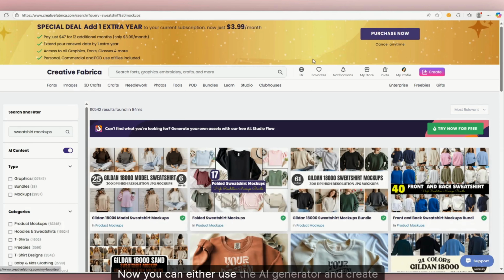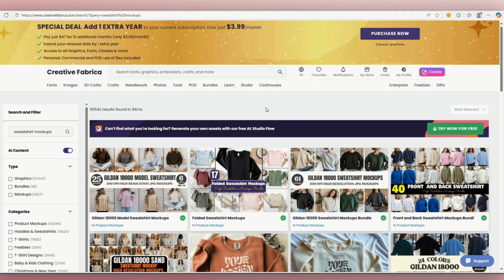Now you can either use an AI generator and create your own, or you can go to a site similar to this. This site is called Creative Fabrica, and you can come in here. You can either buy one-offs or you can purchase a subscription plan. And once you are in here, you can type in sweatshirt mockup or Gildan 18,000 sweatshirt mockup,